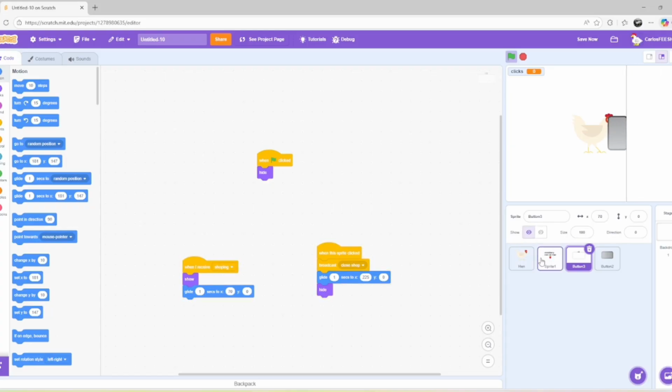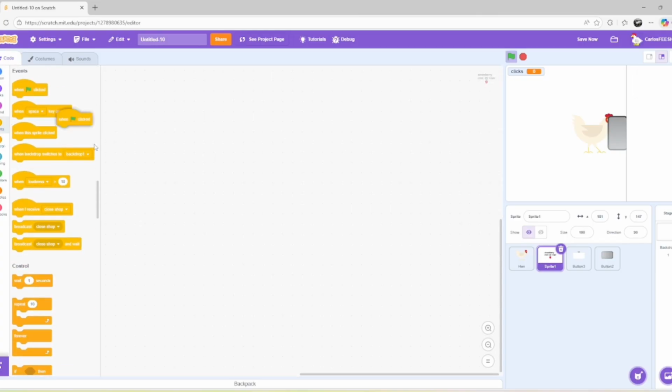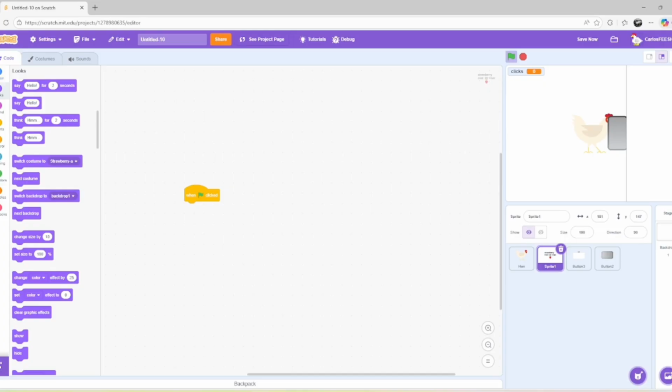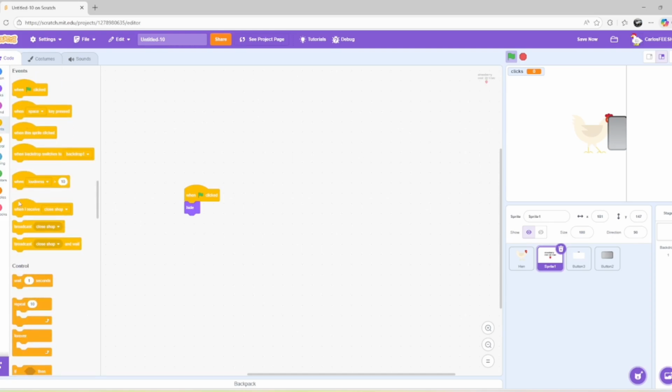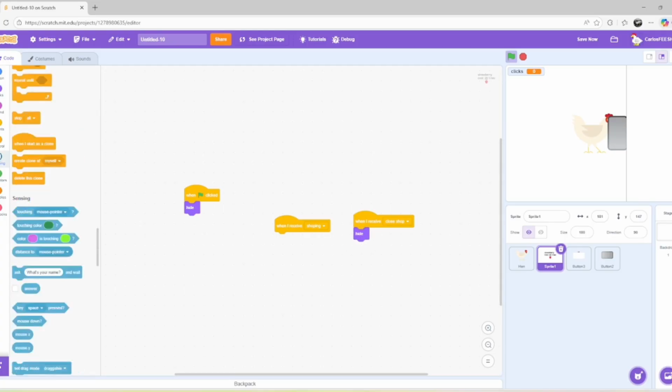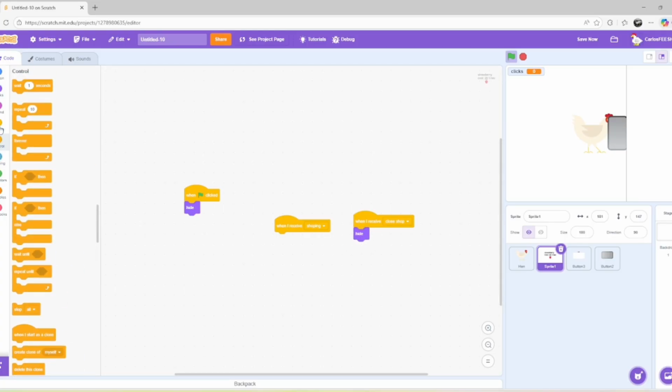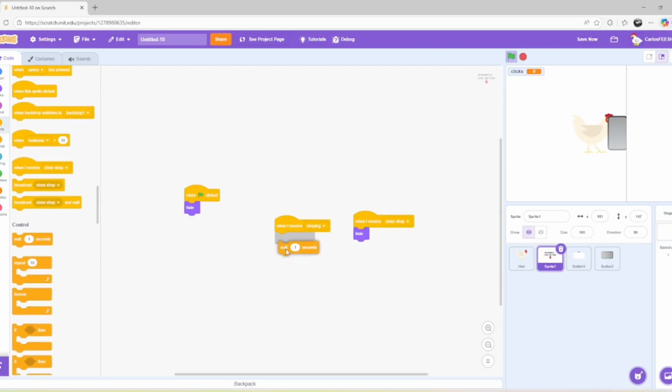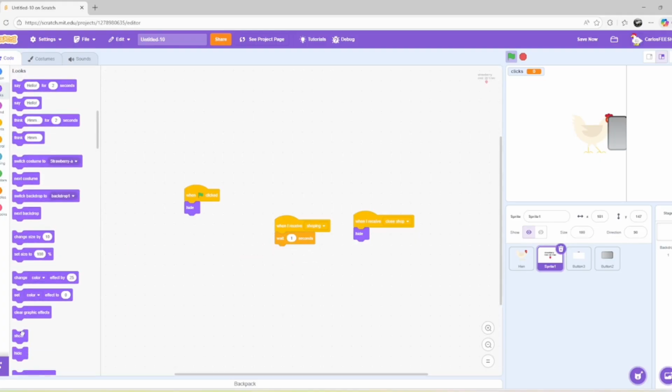Pretty cool feature. And then what we can do in here is a when flag clicked, the looks will be set to hide. And then we can put a when I receive shopping, and we'll duplicate that to when I receive close shop. Now we are going to use a wait 1 second for that one. So then